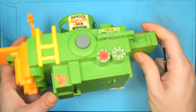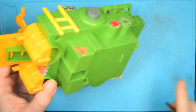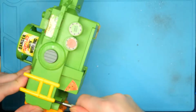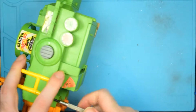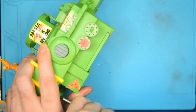grab some screwdrivers here. I can't use my fancy screwdriver because it doesn't fit in the holes, so I'm having to use this little dollar store set that I picked up for $2.95. Don't ask me why a dollar store has something for $2.95. Doesn't make sense. And of course these are going to be so tight that I can't get them with these stupid little